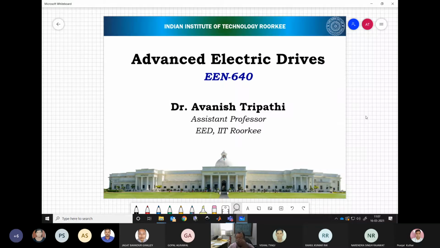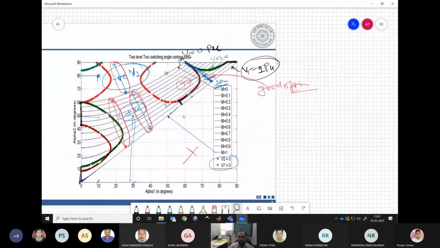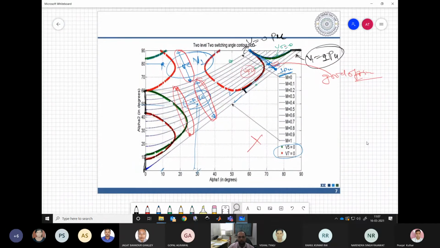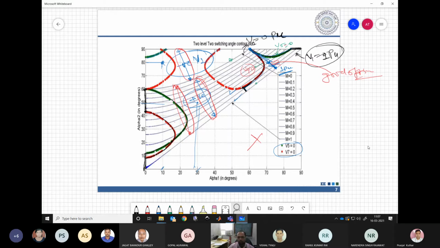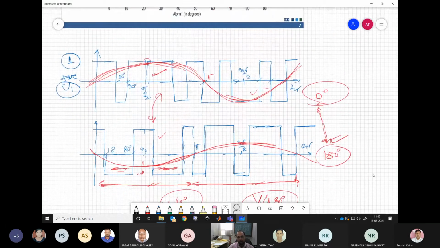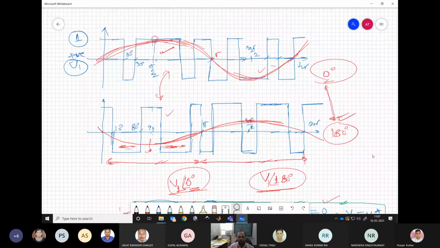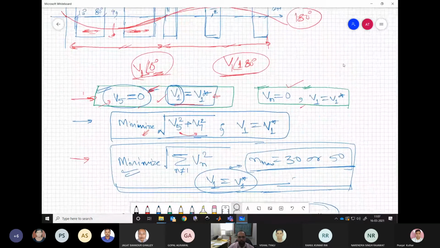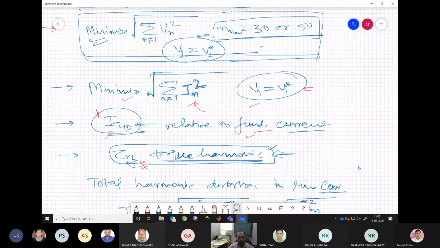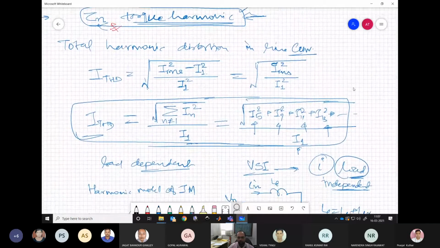And today is our 13th lecture. So we are discussing this V/F control of induction motor drive, and we are discussing the PWM techniques. So we have seen some ways to achieve good pulse width modulation for our system, or how to synthesize a good PWM technique. So at least for low pulse numbers, or let us say low number of switching angles within a quarter cycle. So we have seen some of the symmetry conditions where to operate, and then what could be the performance criteria. So performance metric.